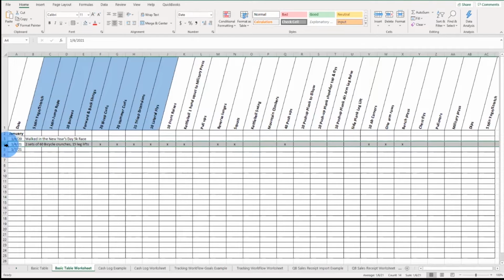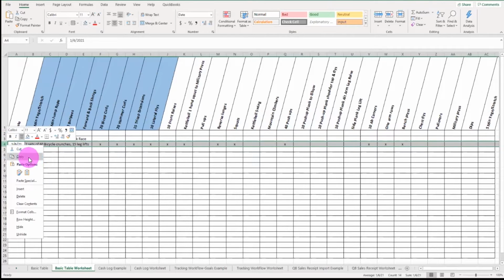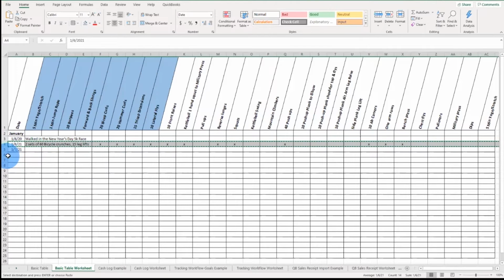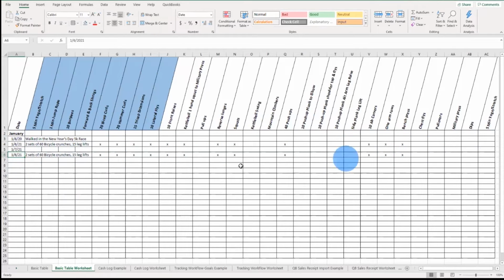If I select the row, I right click on it and I click copy, and I just go down to 6, and then I hit enter. All of a sudden you've pasted that whole row down below, and all you have to do is change the date. So you don't have to add in everything else. You're just doing it with one click and then just changing the date. So that is a quick example of